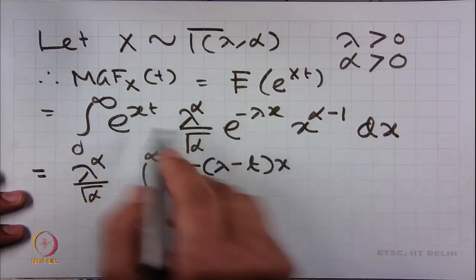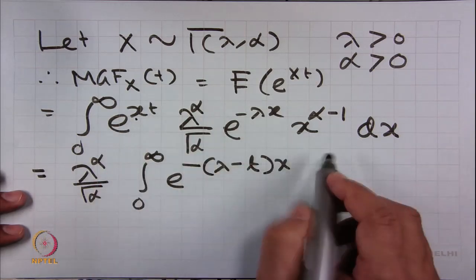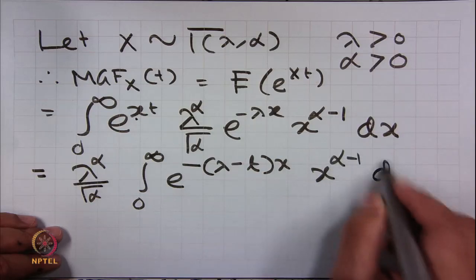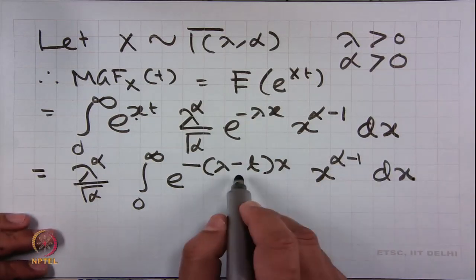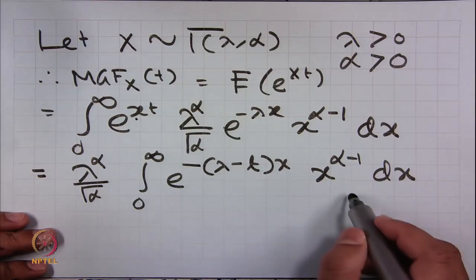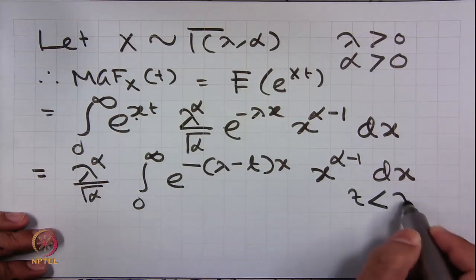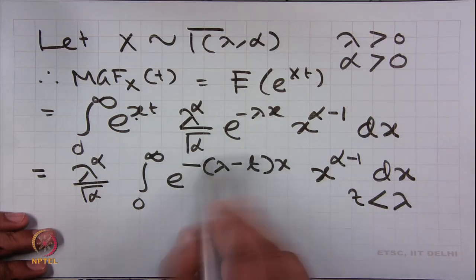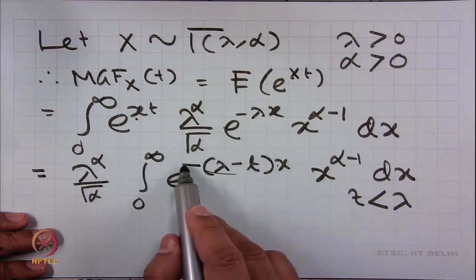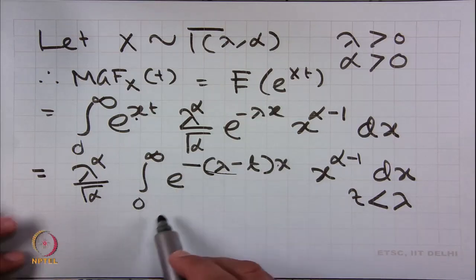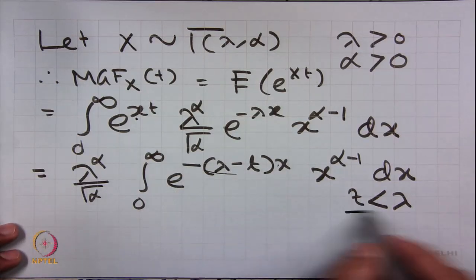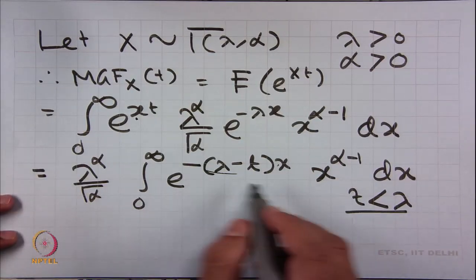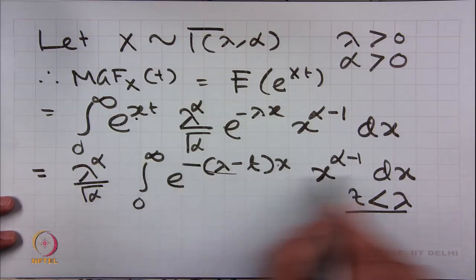So, I have used this and this together multiplied by x to the power alpha minus 1 dx, and this will converge for t less than lambda, because in order to converge this part has to be positive. So, that along with this minus it becomes negative. So, this will hold good for t less than lambda, and we can easily find out this integral,